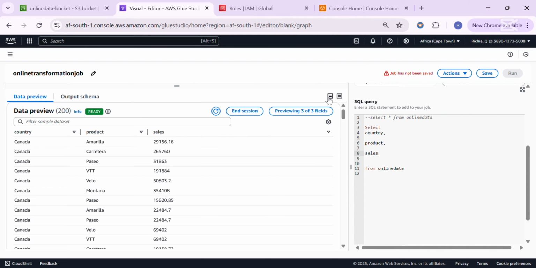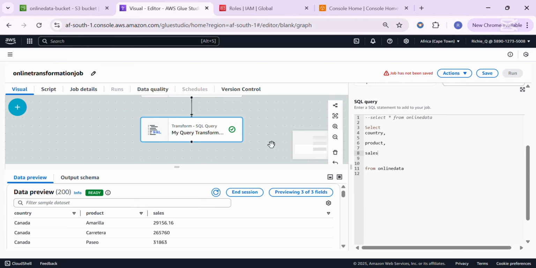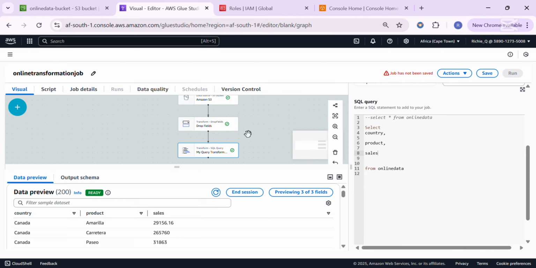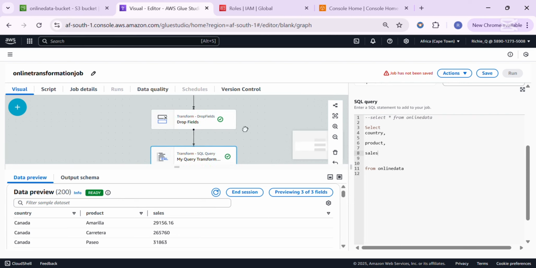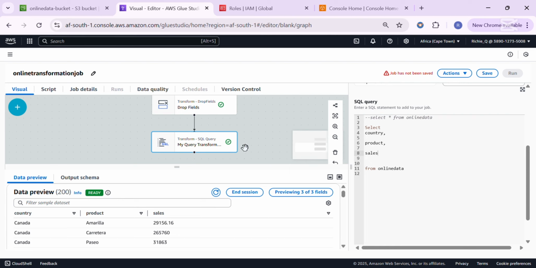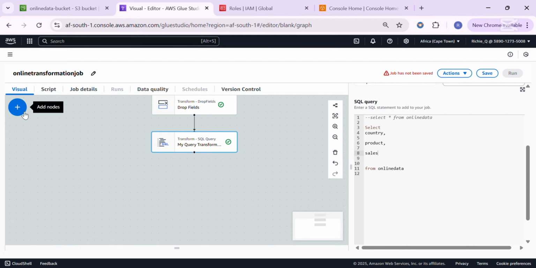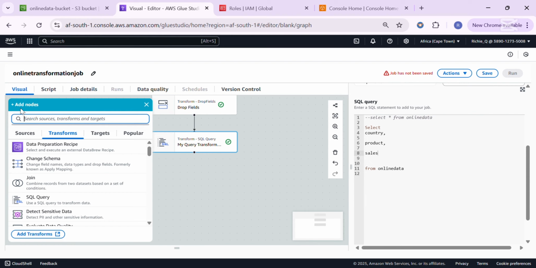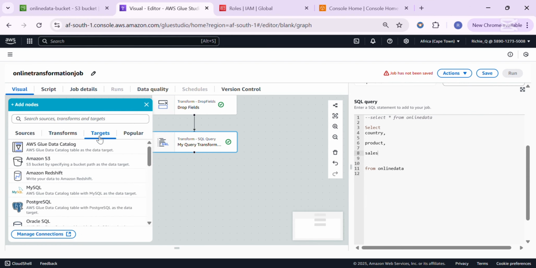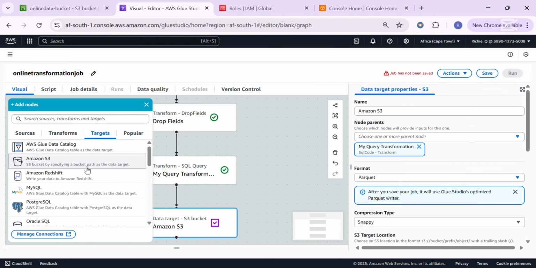Let me just minimize the preview pane. And you realize that we have created an ETL process where we loaded data from S3, we dropped some fields, we performed some SQL query transformation on it, and finally we are going to load this data into a folder. So what I'm going to do now is click on add and click on target, and I mentioned that we are going to load it in the folder we created in S3. So I'll click on the Amazon S3 option and then select the folder destination. So I want it to be saved in Parquet format,